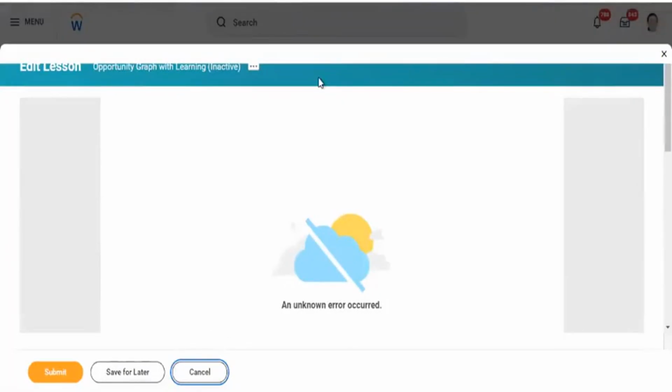In that way, you can view and find all the options for managing the learning courses and learning lessons. Not only these two, but you can do multiple learning related activities based on the learning admin related access that you have.